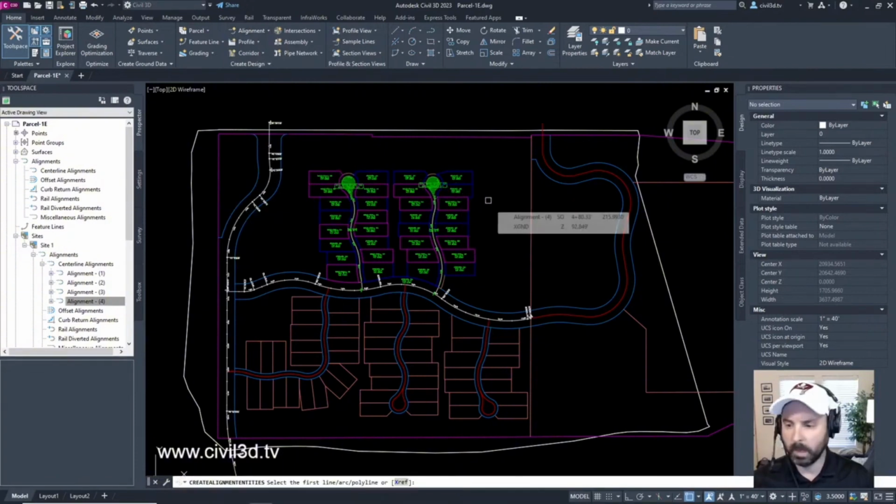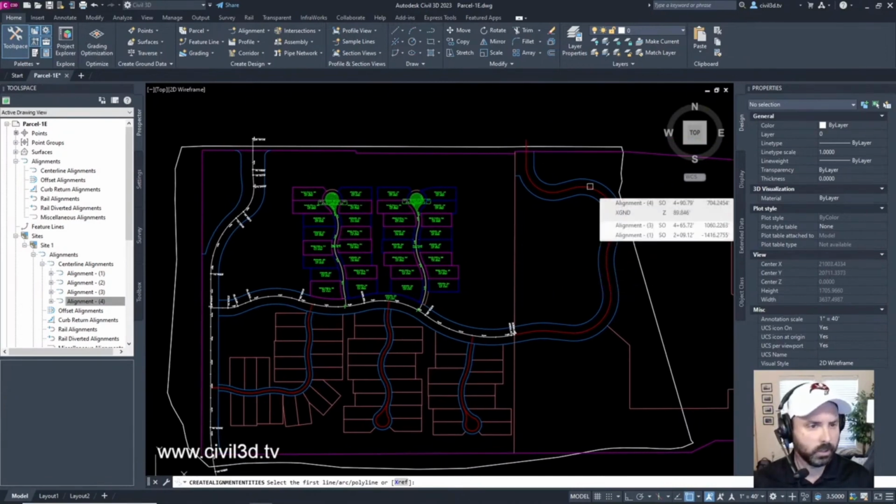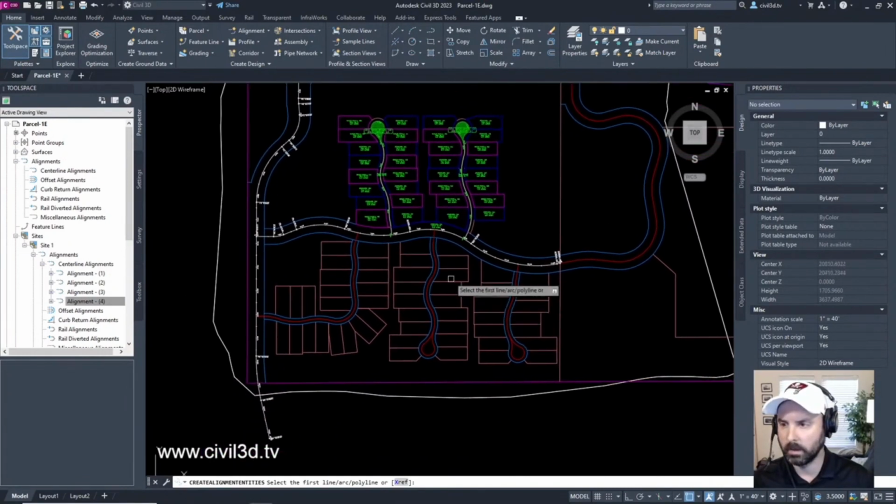All right, now we're being prompted to select the first line, arc, or polyline, or XREF. You can even choose XREFs. We're going to choose this red line off to the side here. Let me just make sure that that's the one. Wait a second. No. Select the red center line for the road in the lower middle of the drawing. Is it this one?